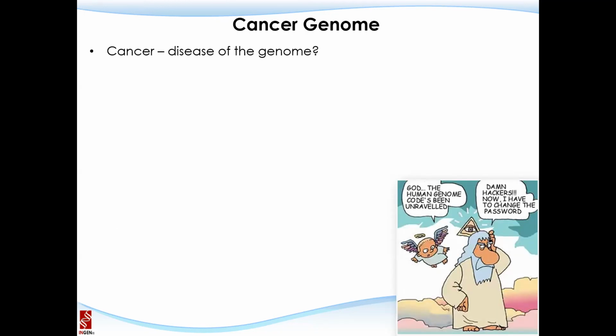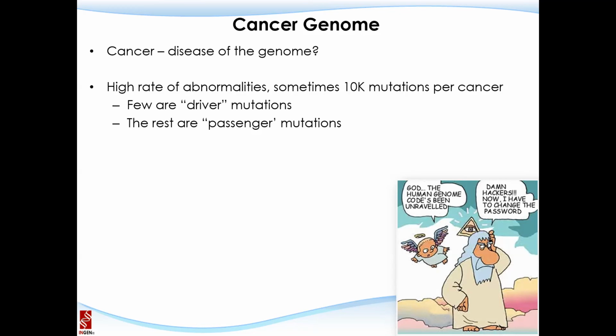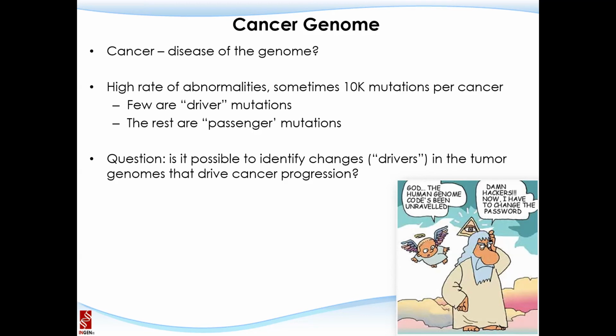Cancer genome is another scope that only focuses on the somatic tissues, right? A lot of people say cancer is a disease of the genome, and in many cases it has a higher rate of abnormalities, sometimes more than 10,000 mutations per cancer. Very few of them are driver mutations, and the rest are passenger mutations. One of the goals is whether it's possible to identify those drivers in the tumor that drive the cancer progression,